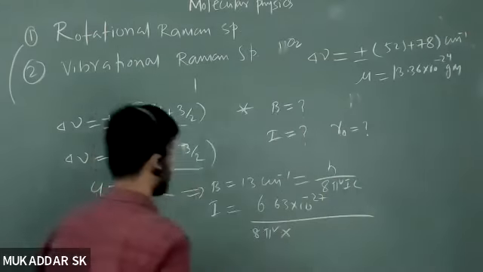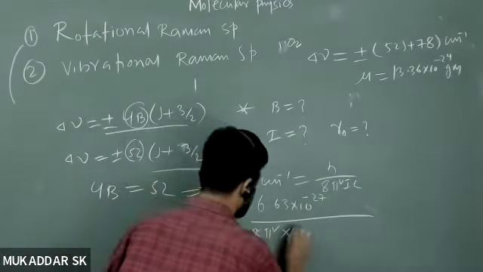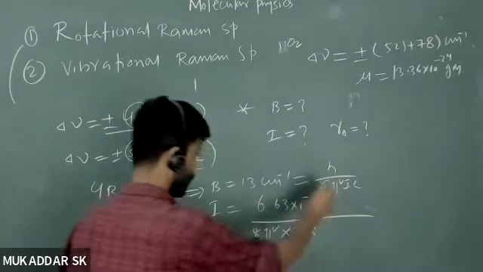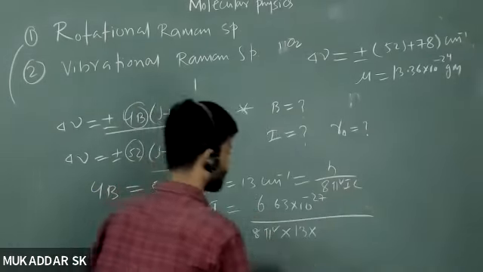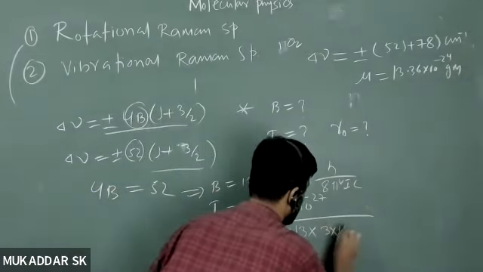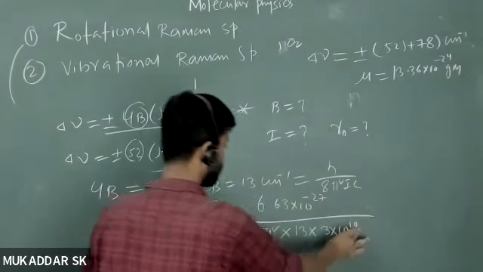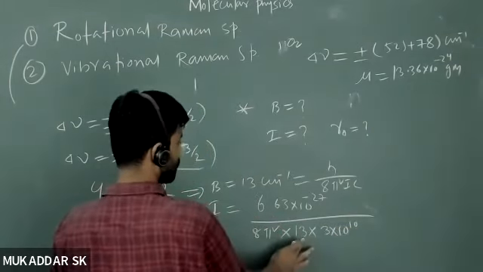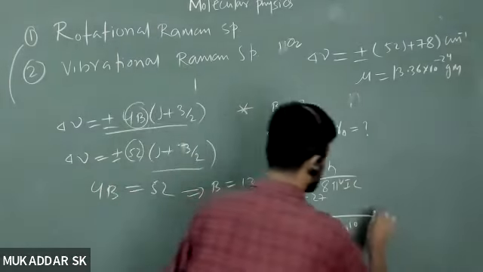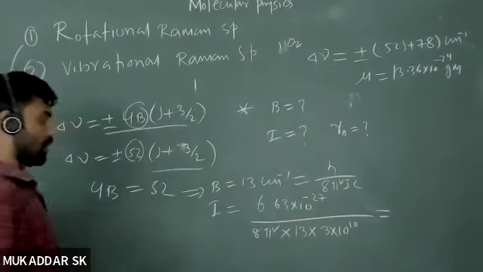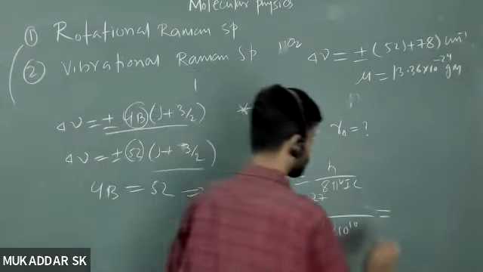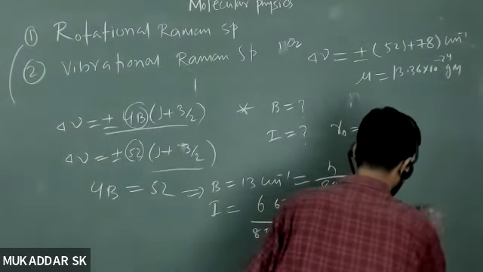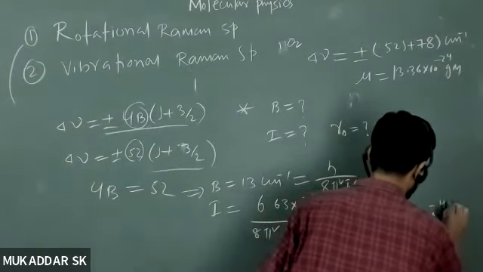Okay, and b is how much? 13 centimeter inverse. And to cancel this centimeter inverse, you have to write C in CGS units. So it will be 3 into 10 to the power 10, because here you will have centimeter, this will cancel this unit, right? So basically, I have written everything in CGS unit. So if you calculate it, you will get 2.1 into 10 to the power minus 40